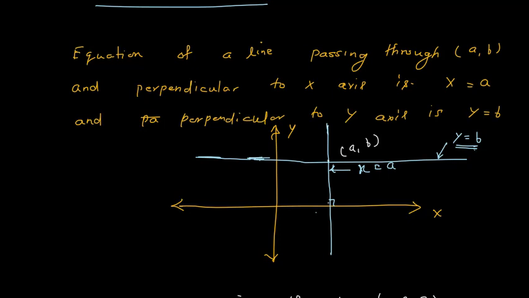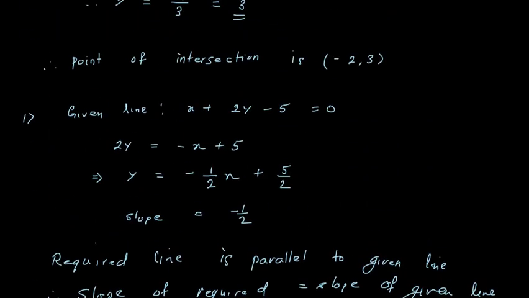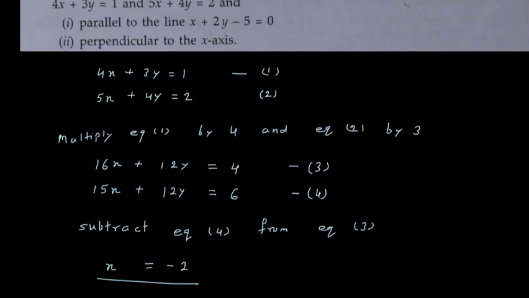Simple. Have you understood the concept? What is the equation of a line when it is perpendicular to x axis, and what is the equation of a line when it is perpendicular to y axis? Done. This is your question number 38. Okay. Now here question 39 is: write down the coordinate of point P that divides the line joining AB